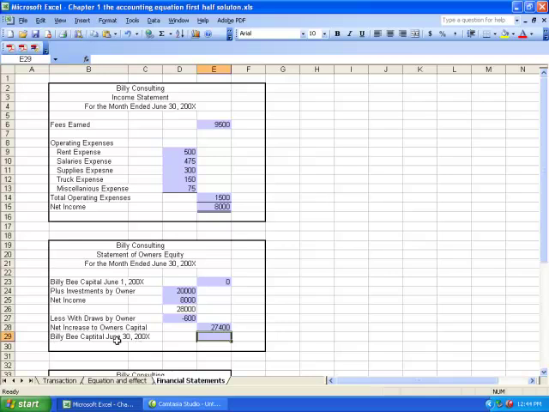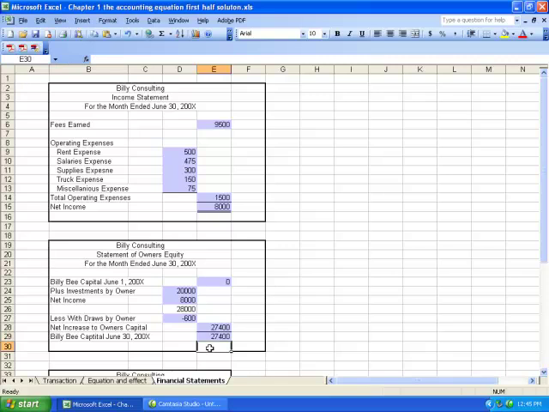The last step, step 5 in creating our statement of owner's equity, is to report our ending capital at the end of the financial period, which in our case is June 30th, the end of the first month. We start with our beginning number, which in our case was 0. As long as it's a net increase, we add this number. If it was a net decrease to owner's capital, this would be a subtraction. But in our case, 0 plus 27,400 shows our ending capital value for Billy Consulting at the end of June to be